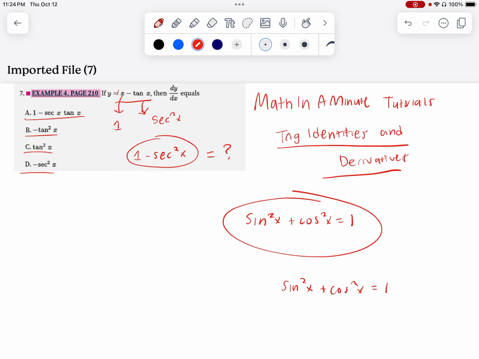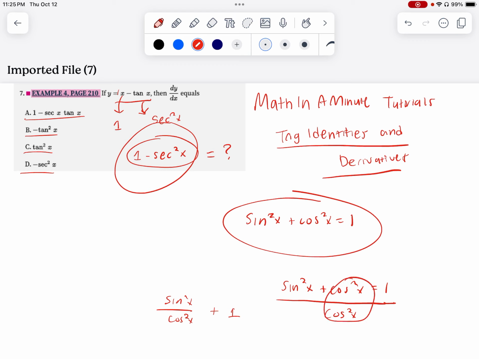So how can we manipulate this equation to get this answer right here? You might have to do a little bit of thinking, but the correct way to do it is to divide both sides by cosine squared x. Then you get sine squared x over cosine squared x plus 1, because these are the same, they become 1, equals 1 over cosine squared x, and these simplify to tangent squared x,